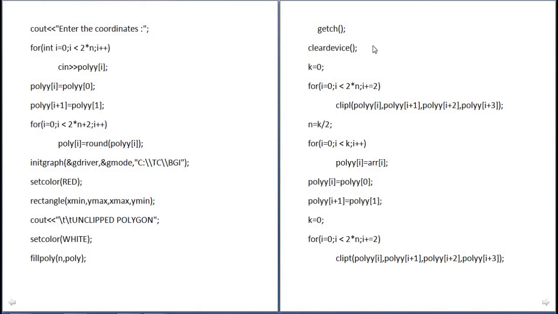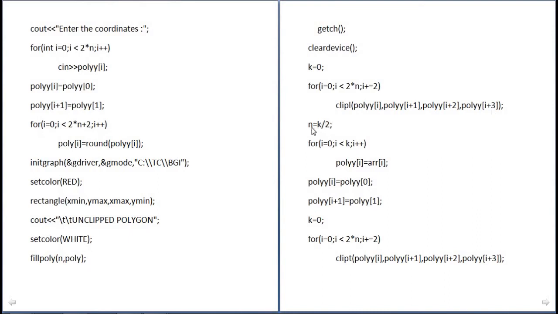We increment by 2; basically we increment the for loop by 1, but here we increment i by 2. Then clip left, that is, the left polygon we clip. Then there are 4 sides, that is, i plus 1, i plus 2, and i plus 3 sides are clipped.